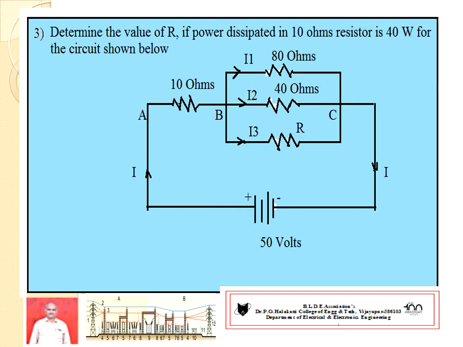Hence, which equation shall we use? Power equal to V into I, power equal to V square by R, power equal to I square into R. Which thing is available, sir? Current is available, resistance is available. Current flowing through 10 ohms is available, resistance value is available. Then we shall go with the equation power equal to I square into R. Getting the idea?